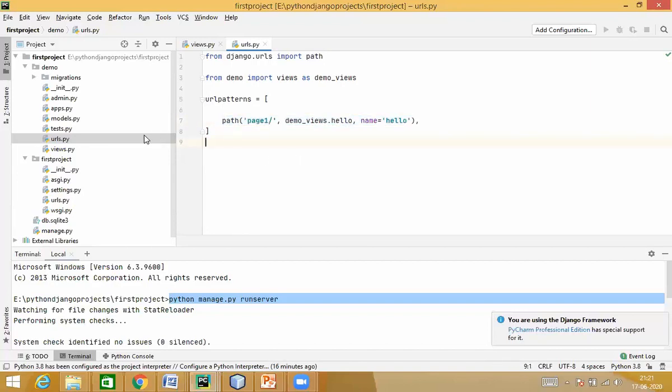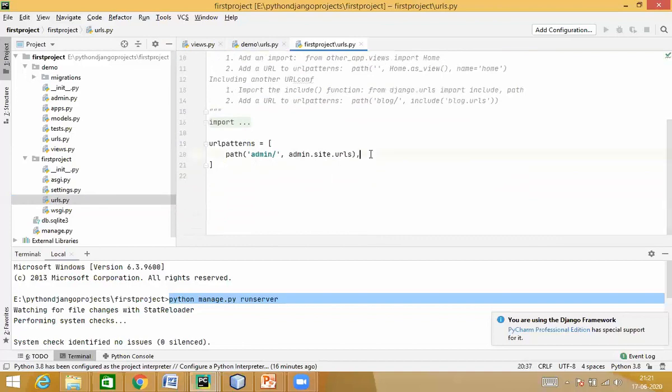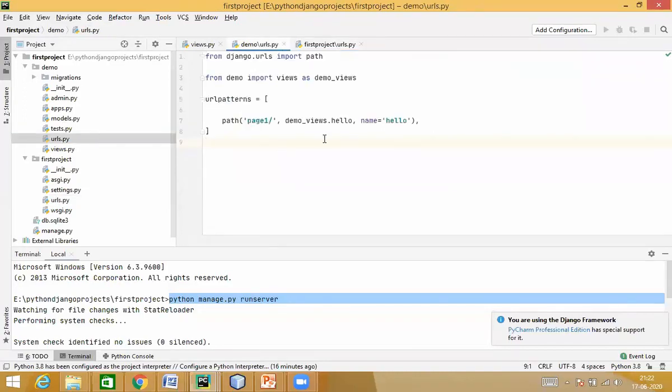What you have done is registered it with the app, but it is not registered to the project. Now I'll go to this urls.py over here, and from here also I'm required to register it. But before that, I'm supposed to do something else. Currently, just add this over here, get this path, and then we go ahead.